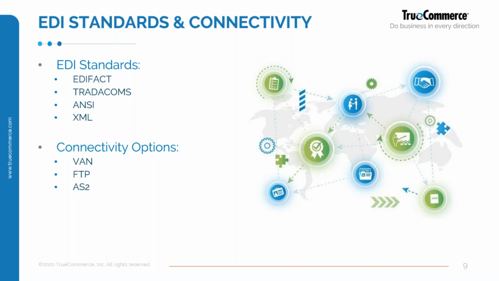In terms of connectivity options, the ones you'll hear mostly when it comes to EDI are your value-added networks, your VANs, your FTP connections, which is harnessing internet protocol, and then AS2, likewise using internet protocol. And these are all just secure end-to-end methods of exchanging the data. One thing you want to get away from is the likes of, say, an email connection, whereby there's no proof that it made it to the other side. You want an assured connection so that when you send out a message, you have assurance that it's going to get to the other end, and we can do track and trace on all of these documents to understand that they've been picked up by the provider on the other end.